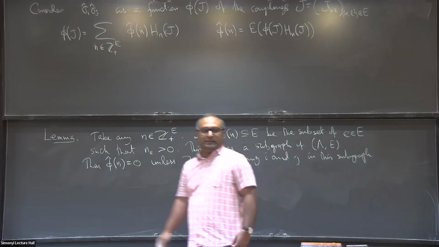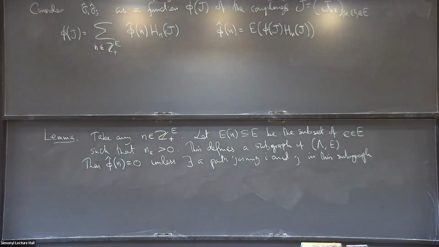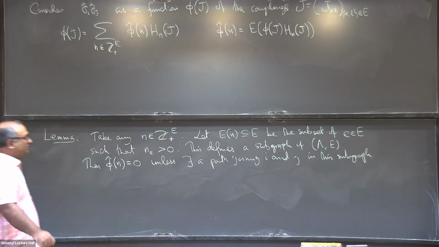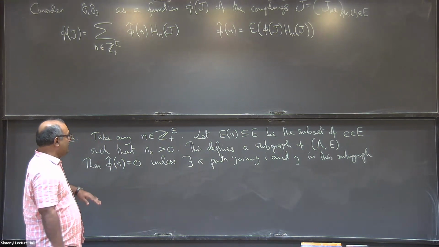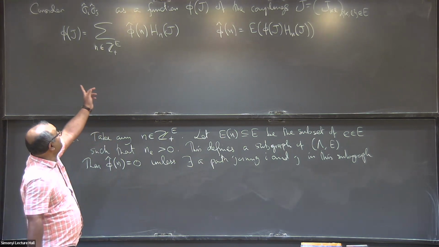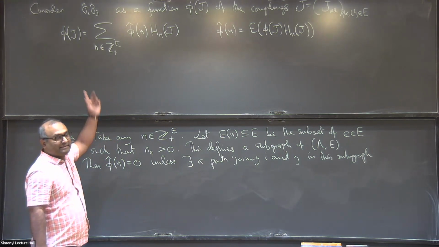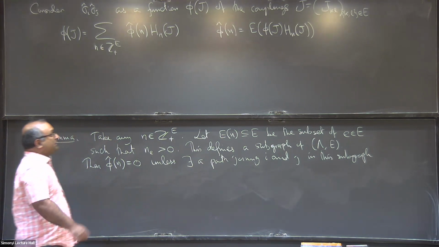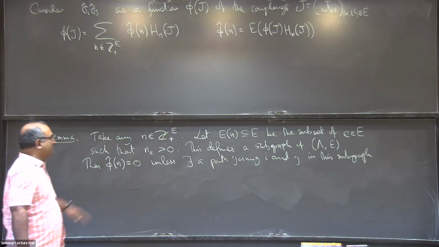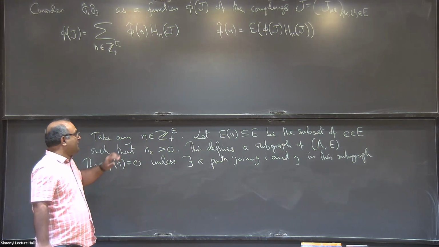Okay. So this is the main input from the model. Now, I haven't used anything about the model yet, or the fact that sigma hat is a ground state. So this is the thing that has all the material from the model coming in, the fact that sigma hat is a ground state. If you look at that function phi, which is the product of the ground state spins at i and j, and you look at its Fourier coefficients, you take the nth Fourier coefficient, where n is